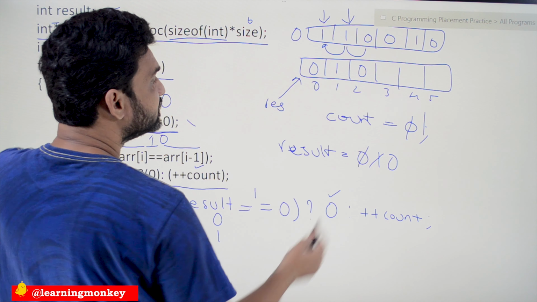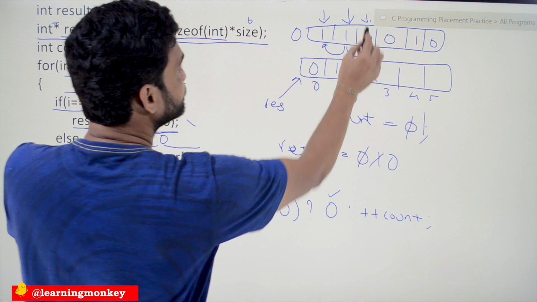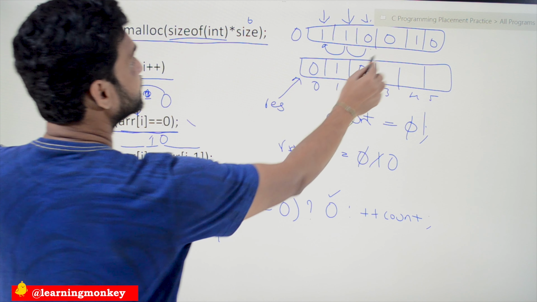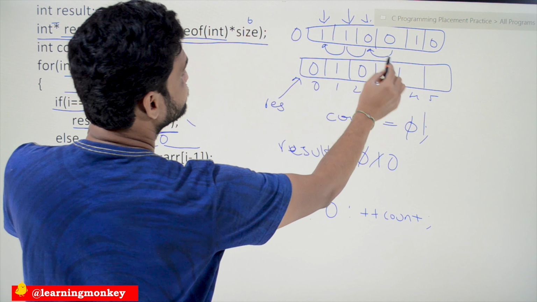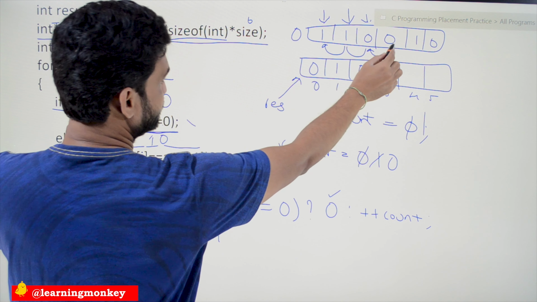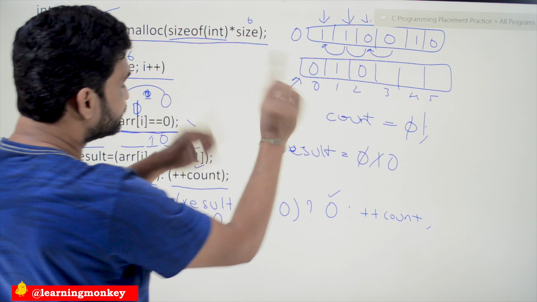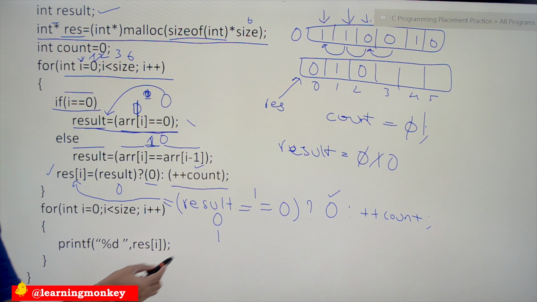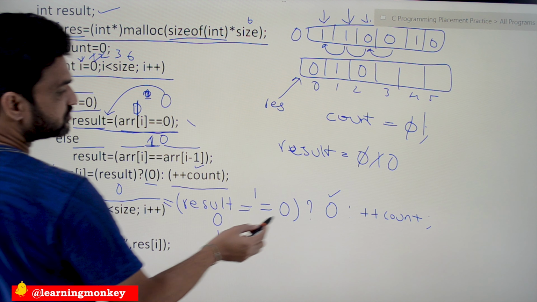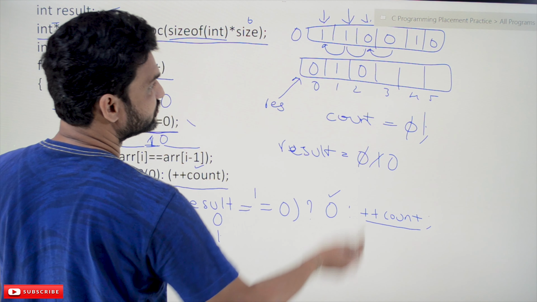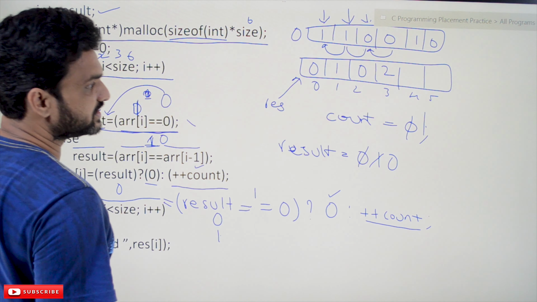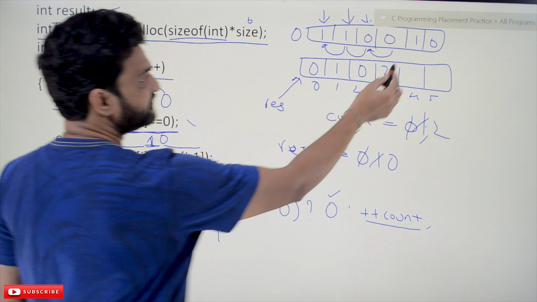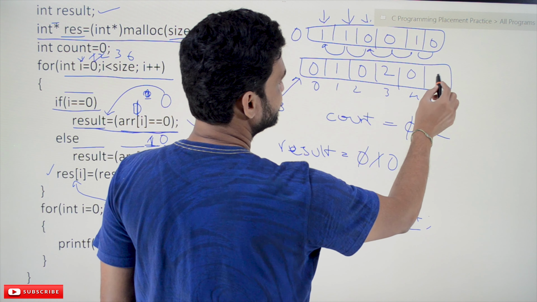Okay, so next is 3, the third one. So this value 0. So these two are to be compared. So we have done that one, right? This one is compared with this one, 0, 1, 2, 3. Okay. So 0 is equal to 0. Both of them are equal. So it is going to produce an output of 1. So 1 is not equal to 0. So this part will get executed. The count will get incremented and this incremented value will get stored here. Similarly for this also, different 0, different 0.